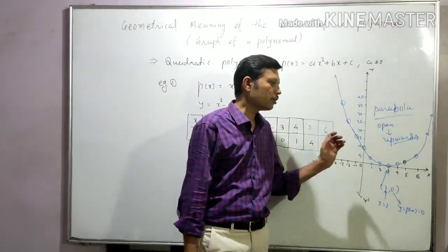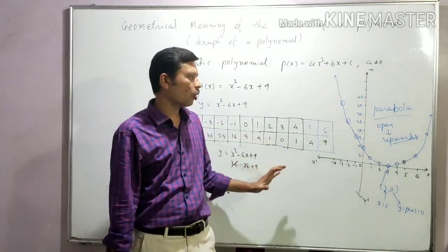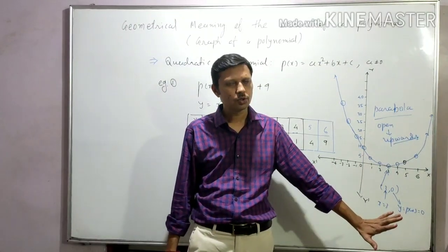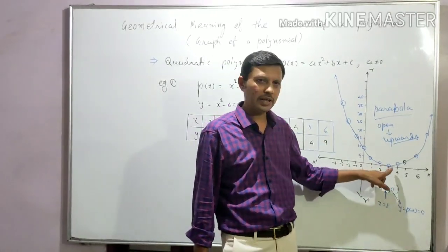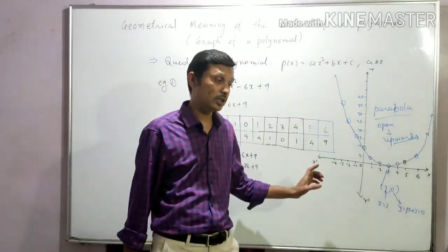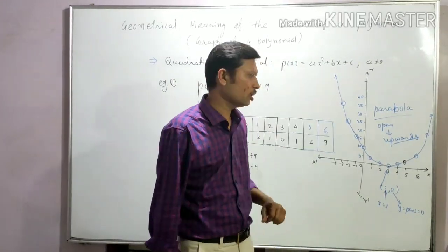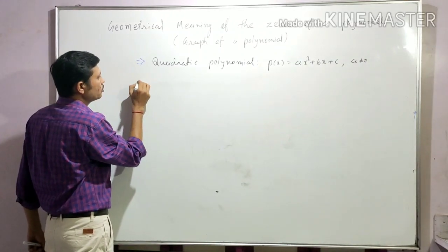As earlier we discussed about the zeros of the polynomial, in a quadratic polynomial, how many real zeros are possible? At most 2. That means 2 or less than 2. So here we get the one real zero. Two real zeros are also possible. Let's take another example, example 2.